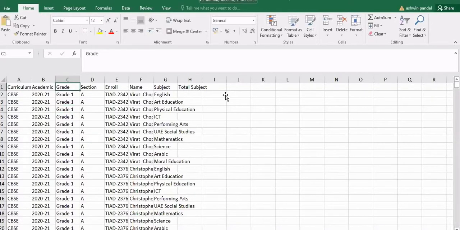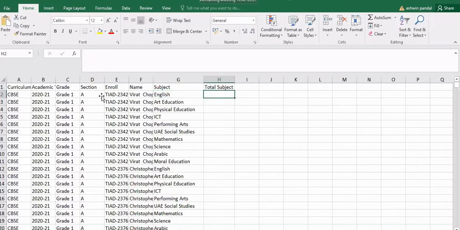For example, for a Grade 1 student, all should have 10 subjects. There should not be any difference. If something is missing, they can individually check that particular student. For that purpose I have added total subjects, only the count. For example, Virat Chopra has 10 subjects, so this will show 10, 10, 10, 10 for all.